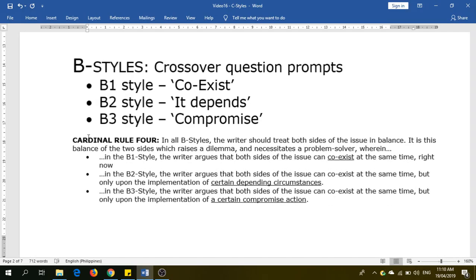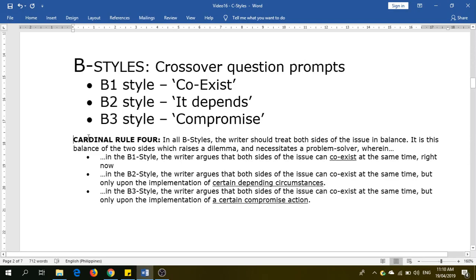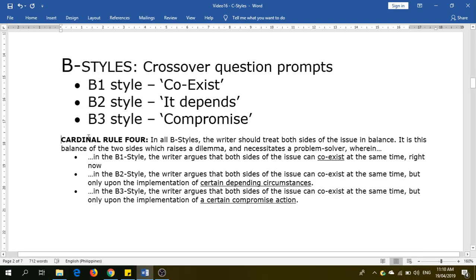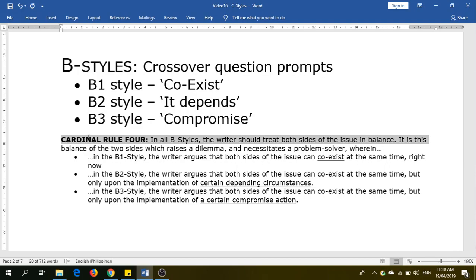So based on those, we can now formulate our fourth cardinal rule. In all B styles, the writer should treat both sides of the issue in balance. It is very important to emphasize that both sides of the issue are in balance. It is the balance of these two sides which raises a dilemma and necessitates a problem solver,